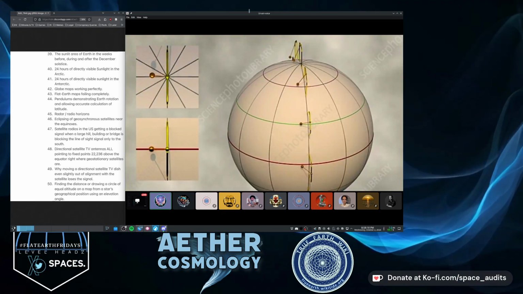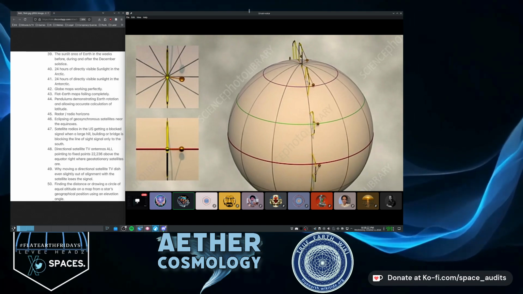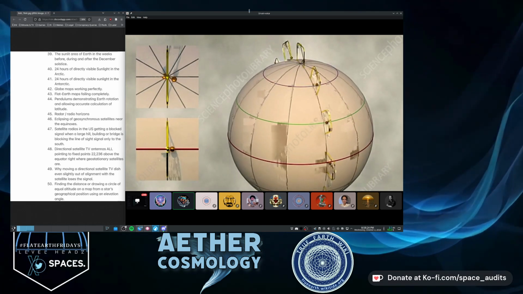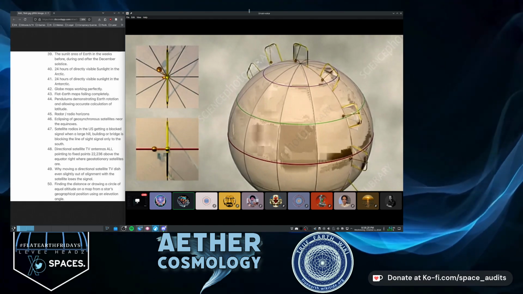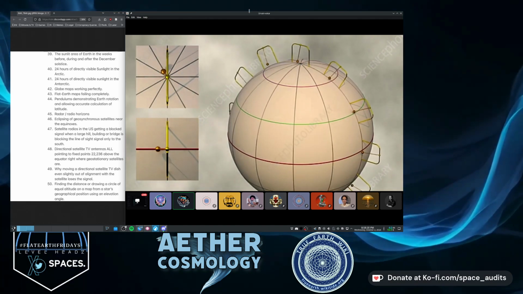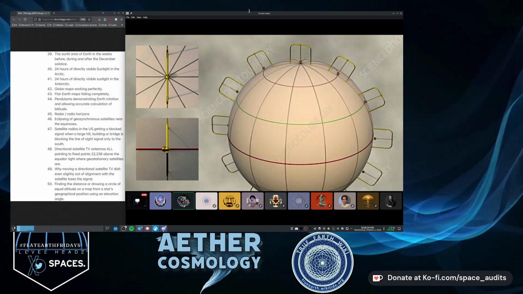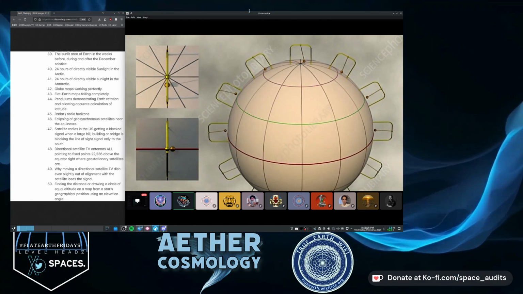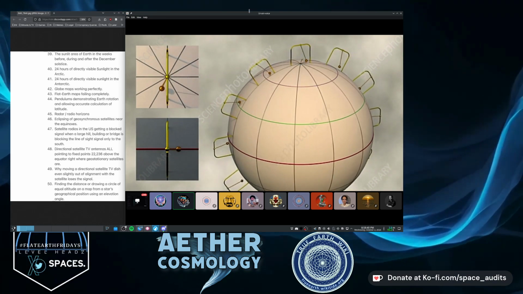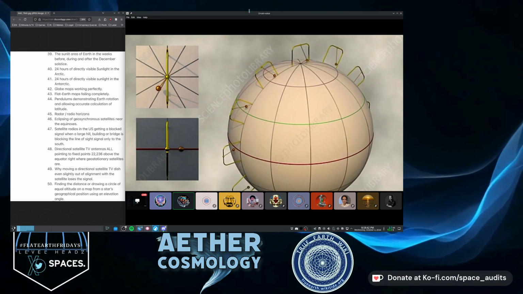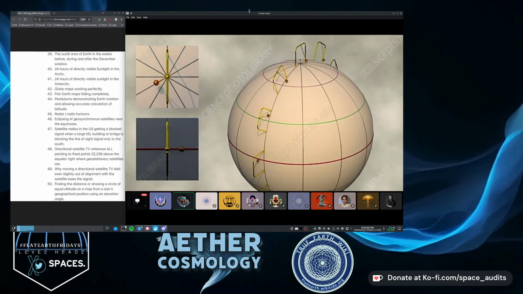All right. Boom. Then next we have pendulums demonstrating Earth rotation and allowing accurate calculation of latitude. Well, here we have a measurement, and measurements fall under kinematics. They cannot tell you if the Earth is rotating or if there's a translation of motion coming from the sky. As an ether cosmologist, I'm going to be taking the position that this is a latitude-dependent ether velocity situation that causes the retardation in the pendulum, which gives it that spirographic